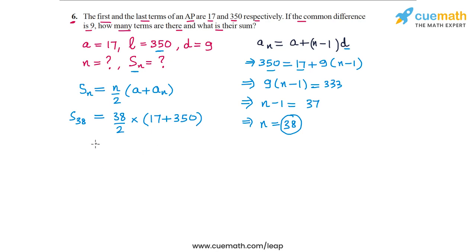And now if we calculate this, we will get 38 by 2 is 19 into 17 plus 350 is 367. So 19 into 367, this is equal to 6,973. So that completes the problem. The answer is that the number of terms is 38 and the sum of those terms is equal to